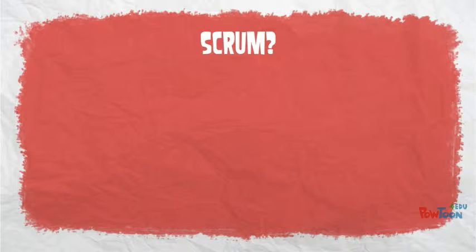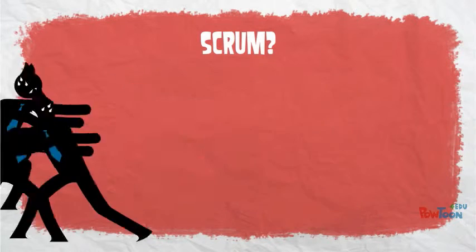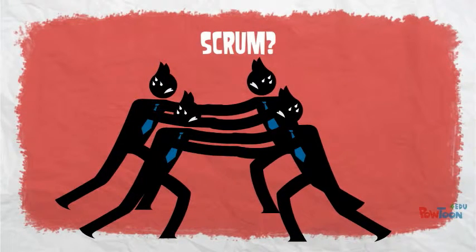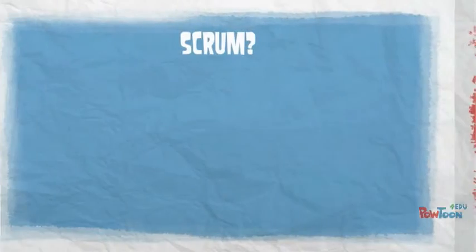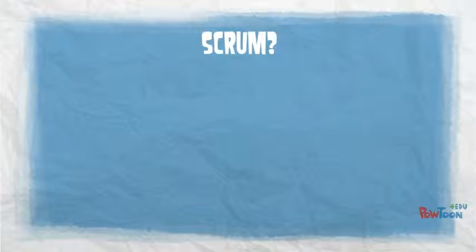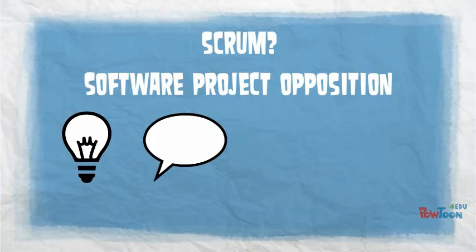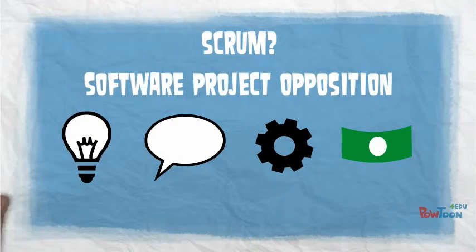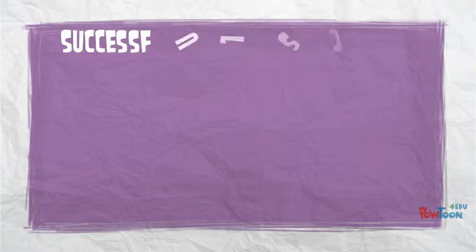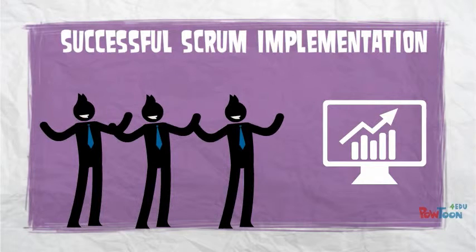So what is Scrum? Let's first discuss where the name Scrum comes from. In rugby, a scrum, short for scrimmage, is when one team huddles together in an effort to move the opposing team. The rugby scrum is not unlike a software development scrum. A software development team works together to move a project towards its goal. A software project will have its own opposition in the form of strategic, communication, technical, and budget challenges, to name a few. But with a successful implementation of Scrum, a software development team can keep the project moving forward towards